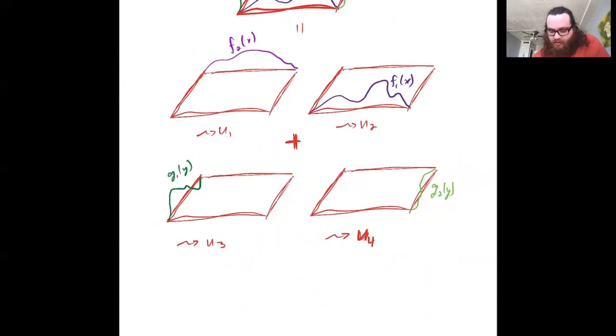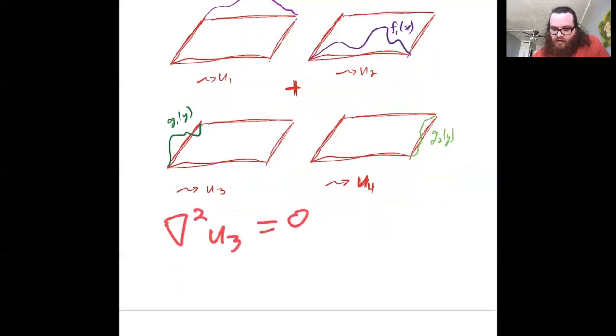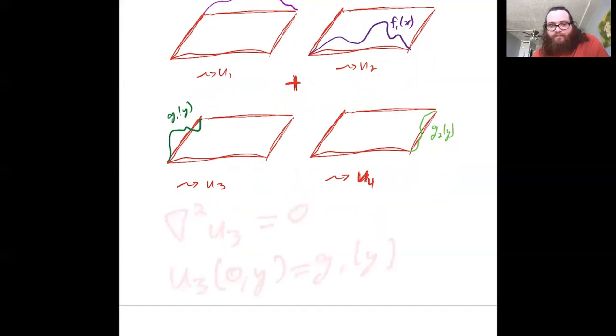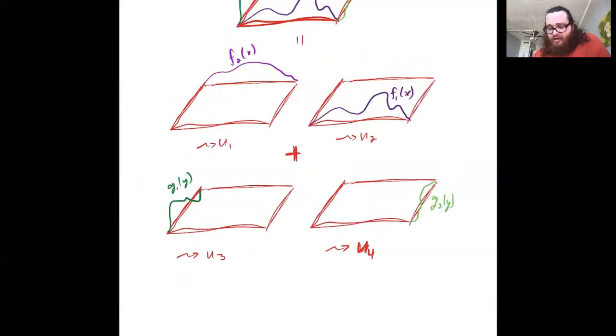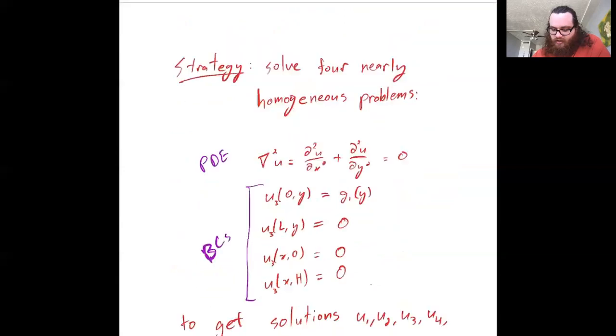We want nabla squared of u3 equal to 0, and u3 of 0 comma y is equal to g1 of y. Okay. So we're going to go through the work to solve this problem. In practice, you could do the same exact procedure to solve this problem, and this problem. Okay. So that's going to get you